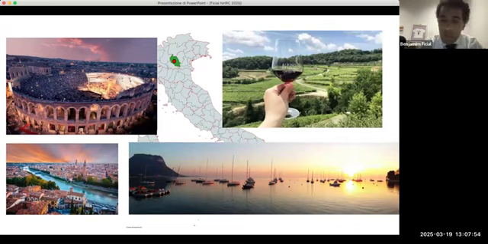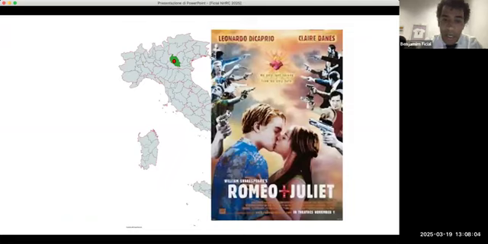And for those who like wine, Verona is the perfect place for wine lovers, or for those who enjoy the beach and the water sports. Last but not least, Verona is the town of lovers, the town of Romeo and Juliet. So I hope I've given you plenty of reasons to come and visit, none of which are actually related to